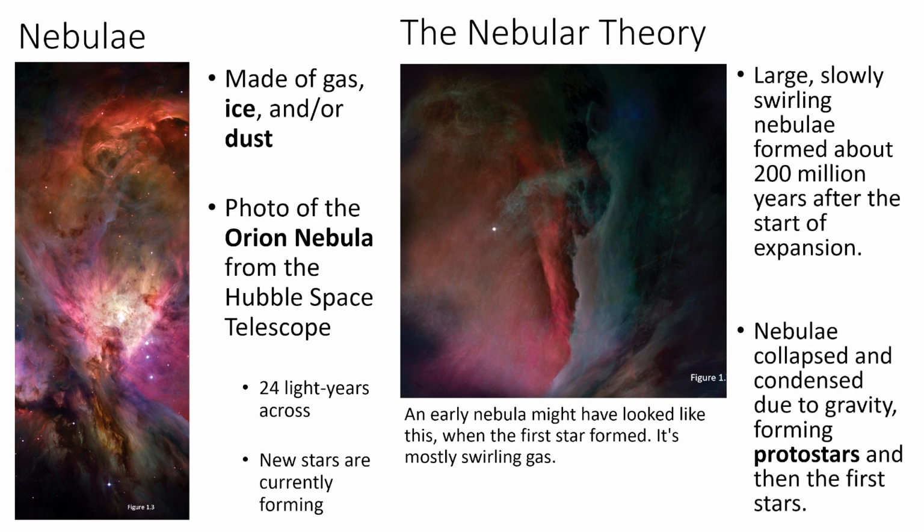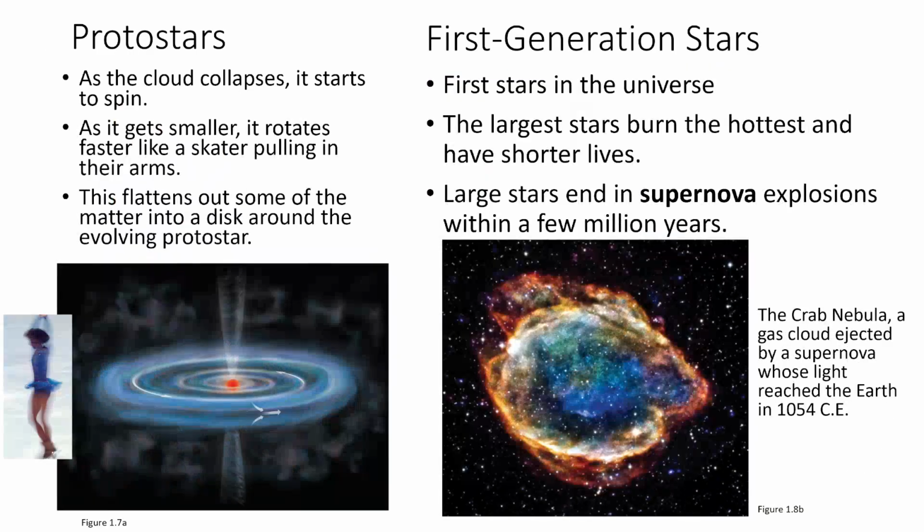But the first nebulae were formed about 200 million years after the Big Bang, and as they collapse, they form protostars and the first stars. So imagine these images were forming some of the first elements of the periodic table. Protostars can be explained